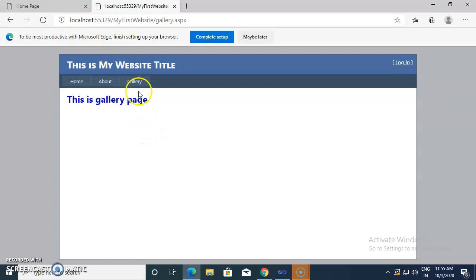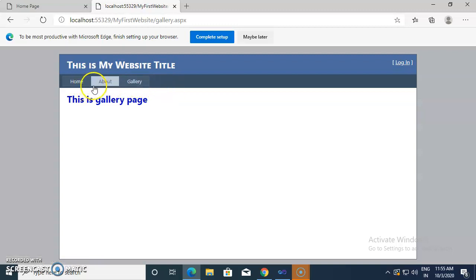We create our own menus, or we add our own menus inside existing menus, and after clicking on that particular menu, that menu's respective web page will be displayed here. So in this way we can add whatever menus we want.